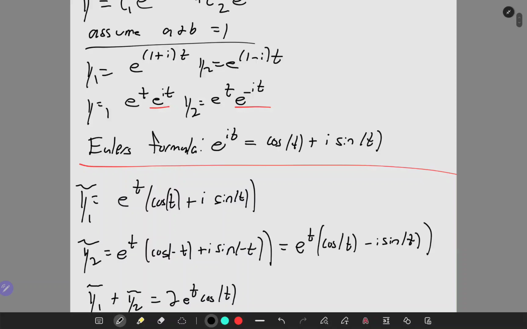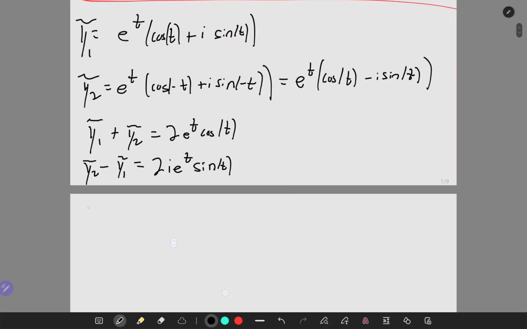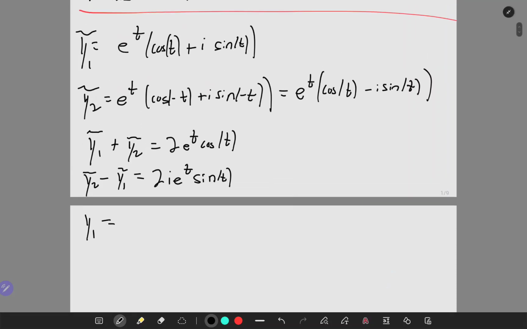Actually, I just realized something. These up here should be tweedles. Because now we're going to go back to our original y1, which was proposing e to the rt. So now these basically are going to be our two solutions. This y1 plus y2, and if you flip the signs, these are going to be our two y's, basically. Think of it like, so for the first one, sorry,